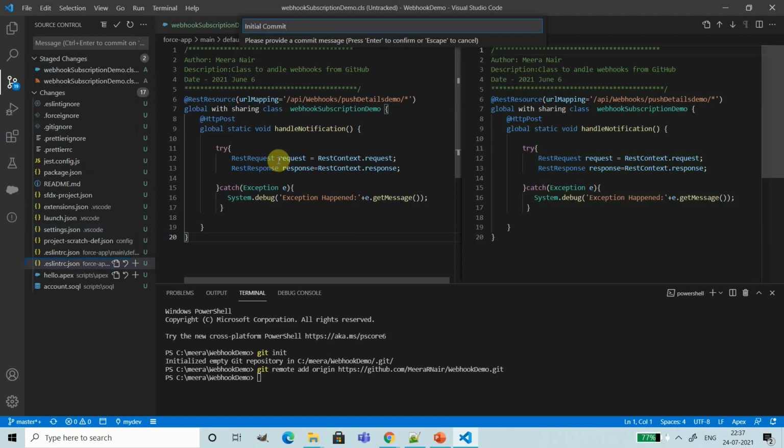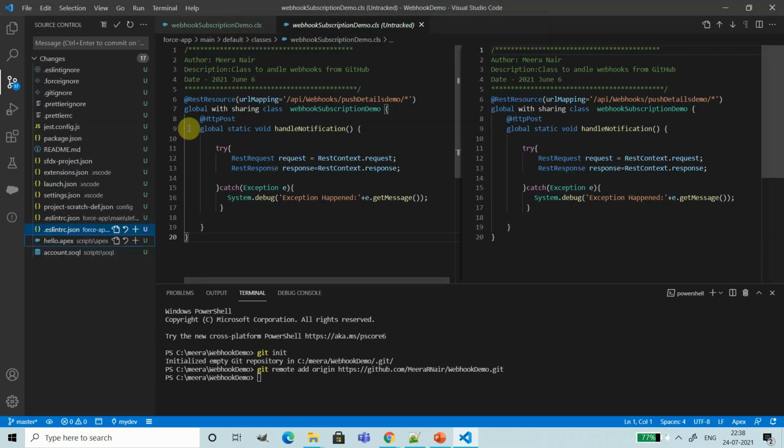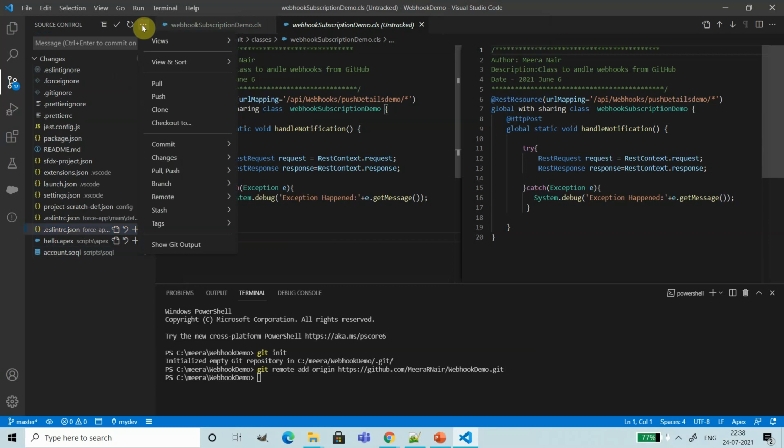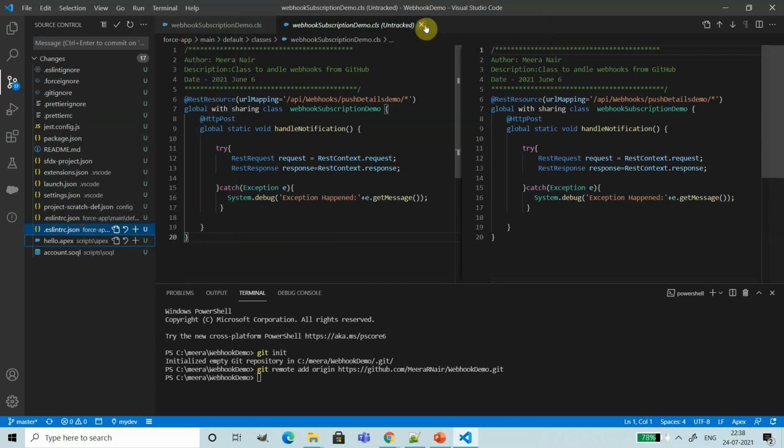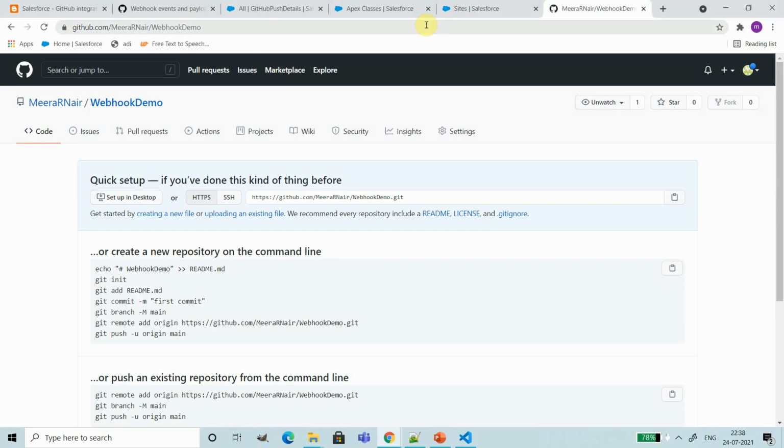Remember, we have not added functionality to process that particular webhook. Initially, I would like to show you how the payload looks when a push happens to the repository. So we have pushed this component to the repository.